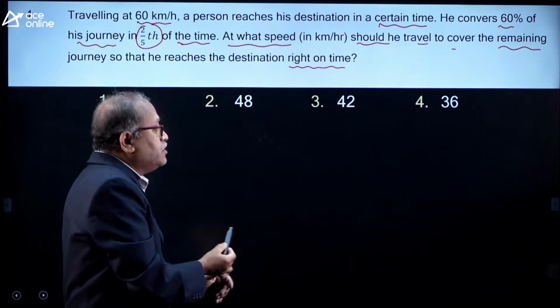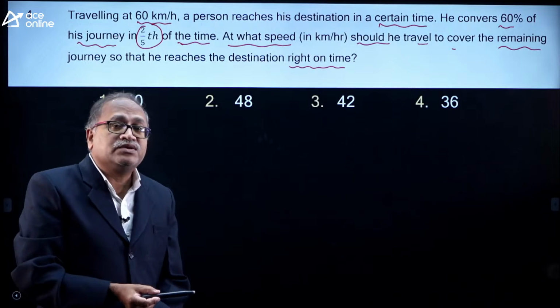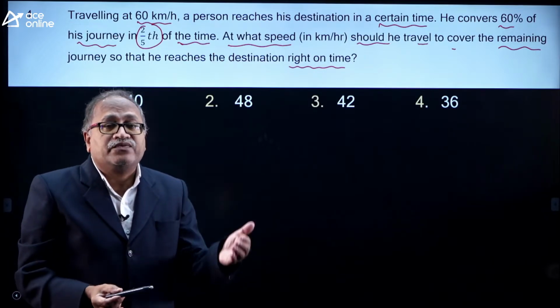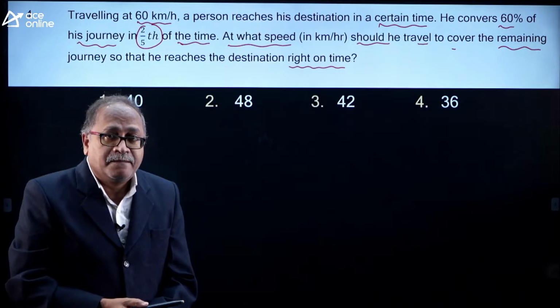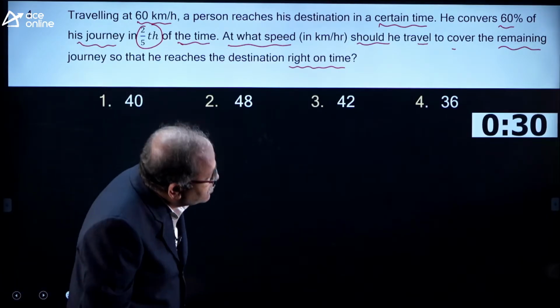We do not have the D, we do not have the T. So, you need to select a suitable number which D represents, instead of taking the D as a variable. Okay. Now, here I give 30 seconds for you to think of it,